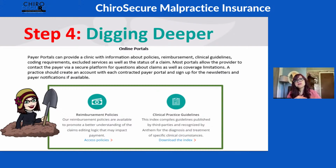So maybe this is another one of those foundation pieces you needed. You got to think of it this way. I now know who I'm in network with. The patient's called me, I'm in network or I'm not. I'm verifying their insurance, but now when I submit it, I have to obey the rule. Or maybe this is really step foundation 0.5, and I am in network and I know what they allow and